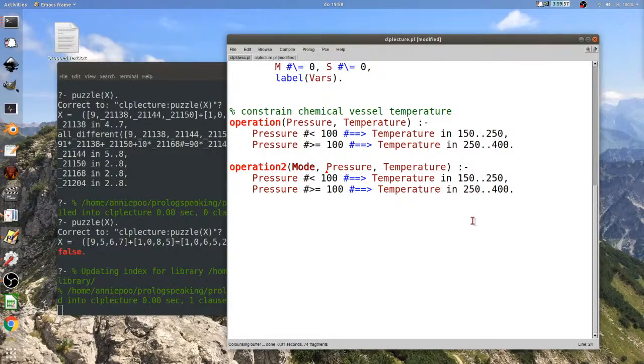Now, let me show you a great trick. I'm going to make this operation to underscore, because, of course, we have to build the mode. Well, one way of doing this would be to have the mode be 0 or 1.